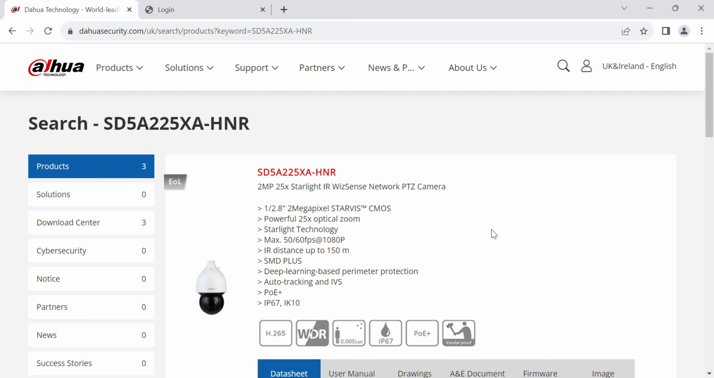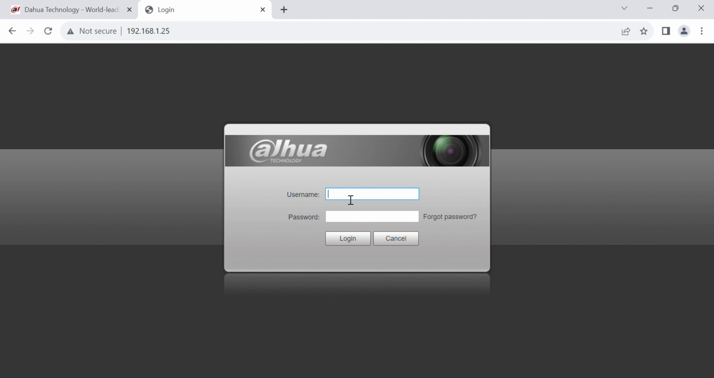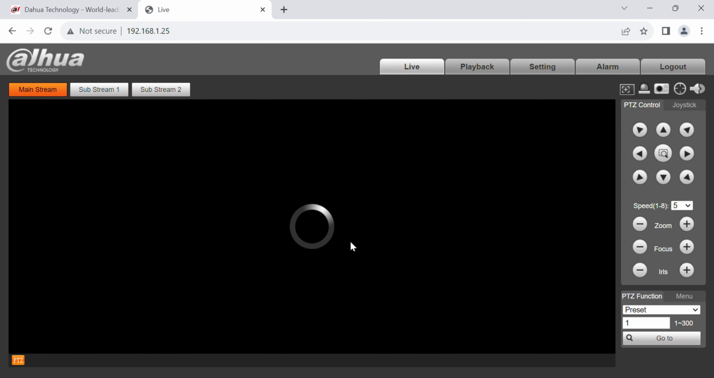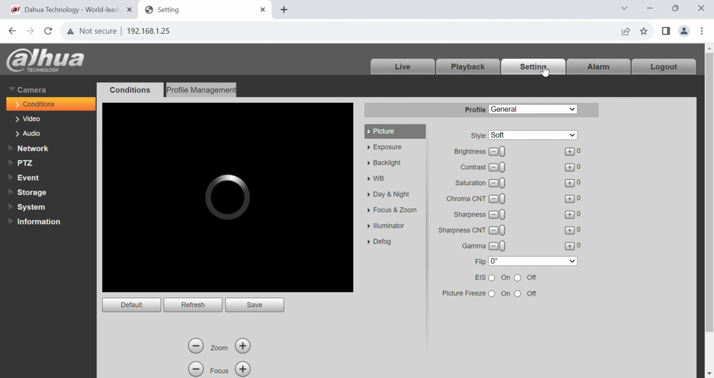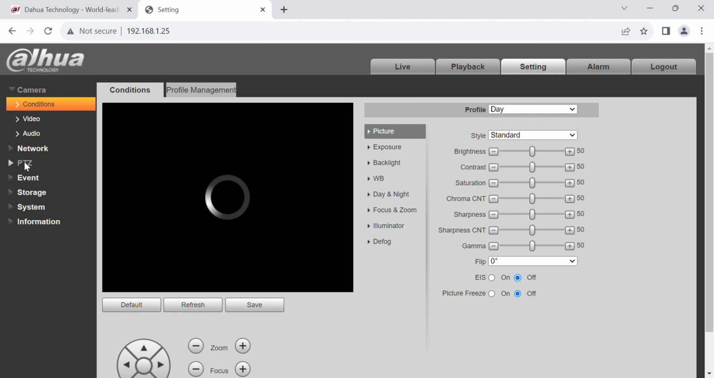Today I'm gonna set up the Dahua PTZ SD5A225XA-HNR on smart tracking. Now I'm gonna log into the PTZ. Now we go to the settings. From the settings on a PTZ, then